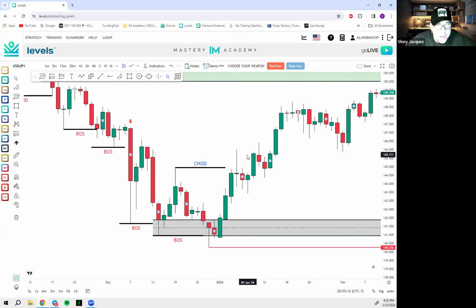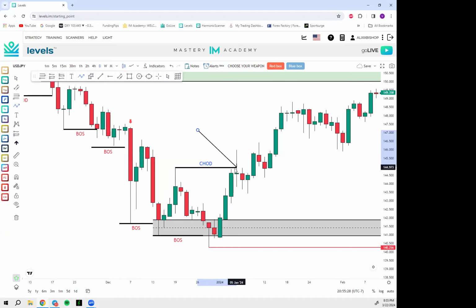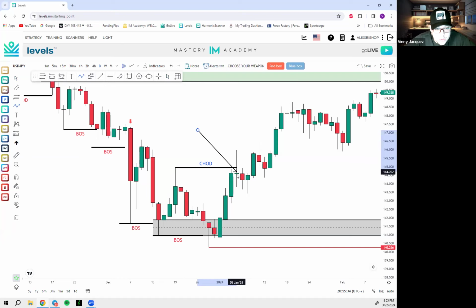We're ready. Now look, guys, where do we get the change of direction? Right here? Yes or no? Do we get the change of direction right here with this wick? Not yet. It's not a closed candle. No, we have to have a candle break and close above. So this candle definitely tested its boundaries.